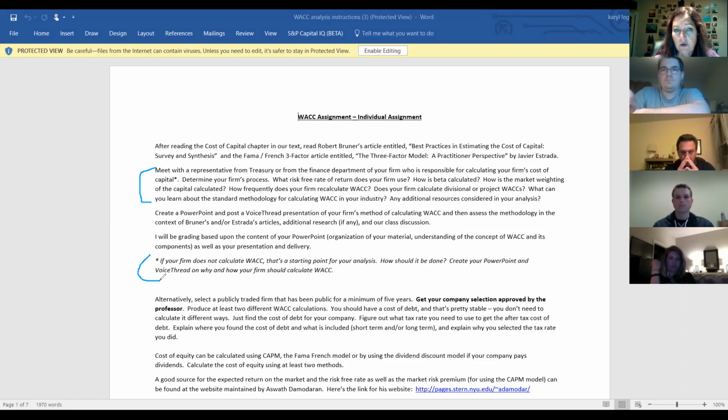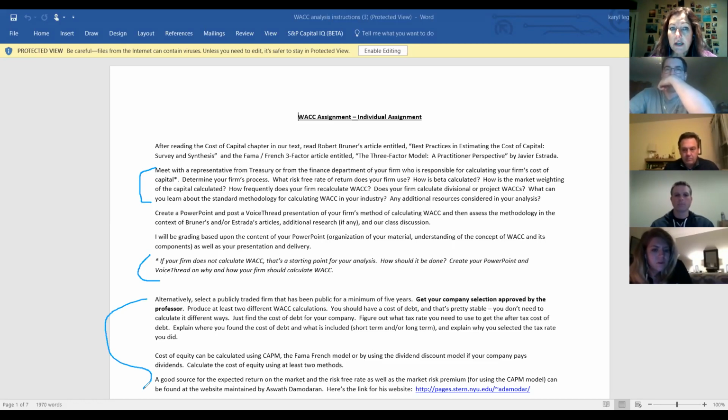So it's perfectly fine if your company doesn't use a cost of capital analysis like we see in Chapter 13, but then your voice thread becomes a description of it. For some of you who work in regulated industries or in defense, companies are not willing to have those conversations with you. A third option is to find a publicly traded company and do an analysis on it. Next week, whether your company is publicly traded or you're going with a separate publicly traded company, I'm going to show you how to use Bloomberg and Capital IQ to gain some data,